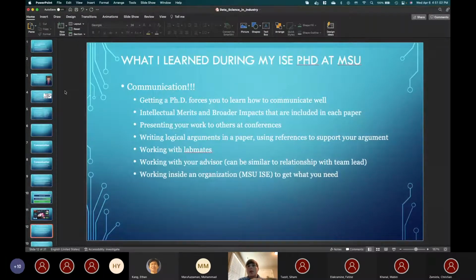And then after I've explained my method, I need to prove to you that it works. So do some set of validation. And then I'm going to tell you again why it's important technically, and how this is going to be used more broadly in the world. And so really, to me, one of the biggest benefits of doing a PhD is it really forces you to learn how to communicate well, because it's not something you really get at the undergrad level.